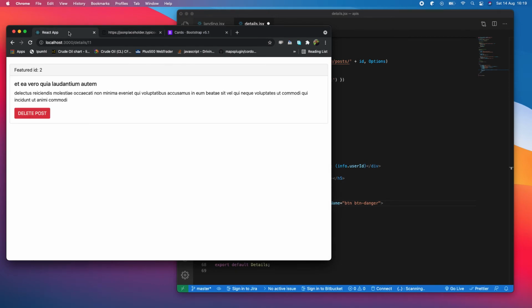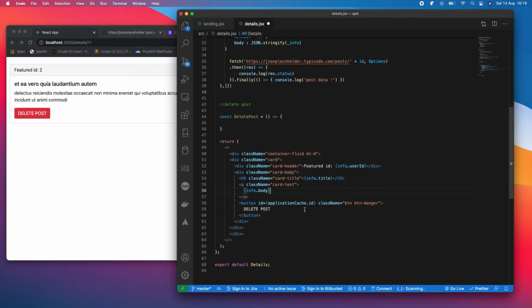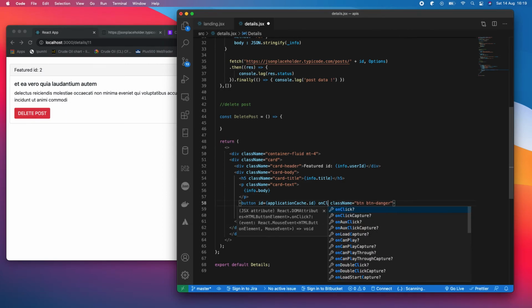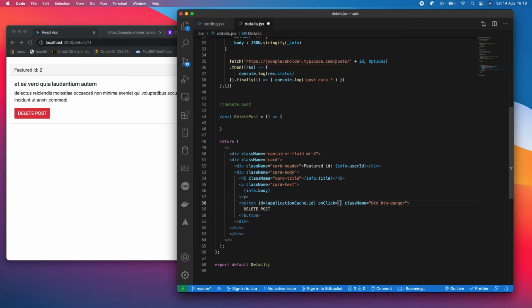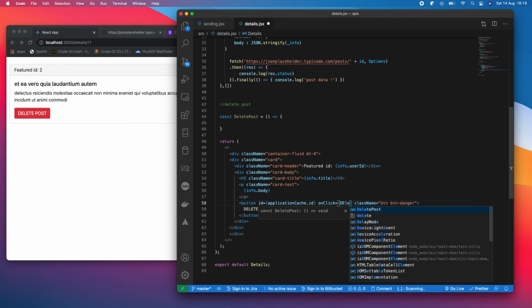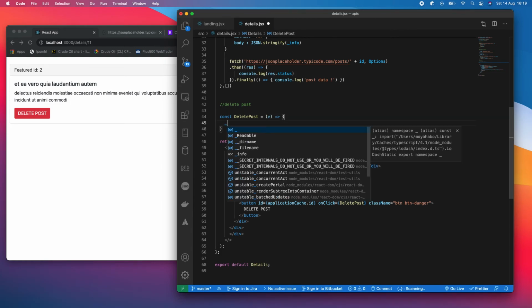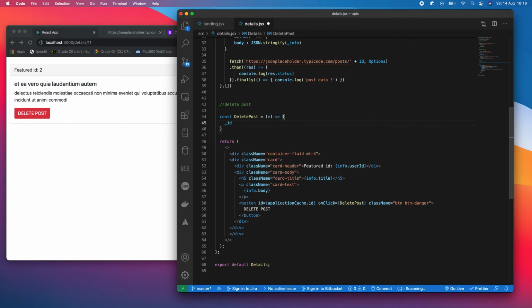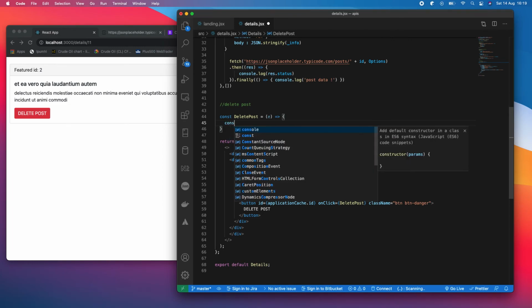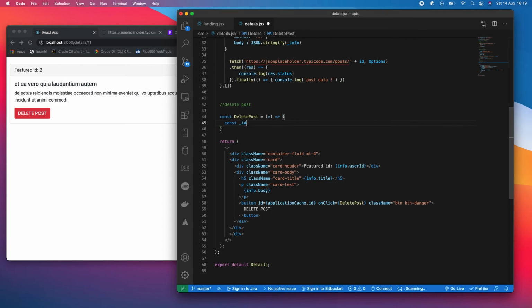We are passing an ID inside here, and then passing an ID. Then we can have a click, then we say delete post. So this post will receive an event, and I can call it ID and say const ID equals